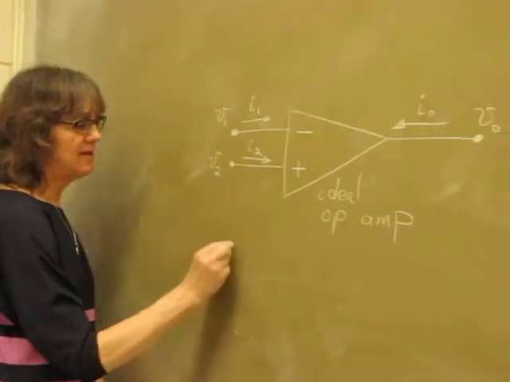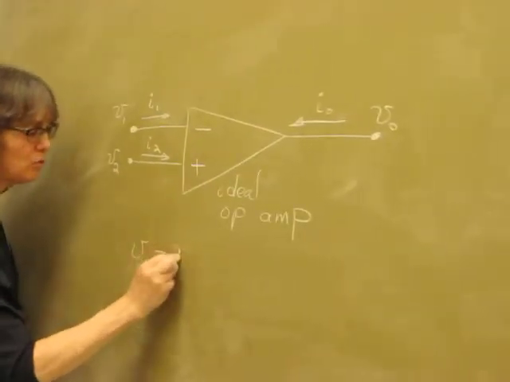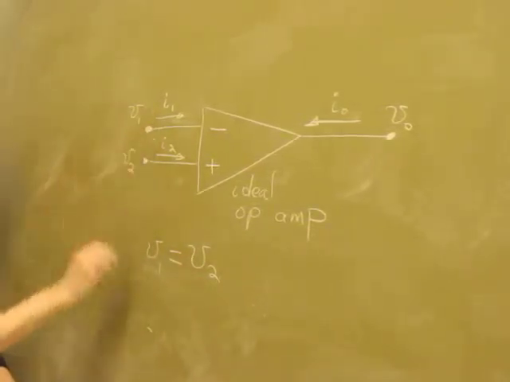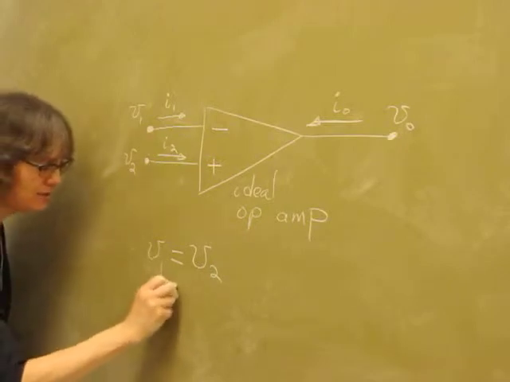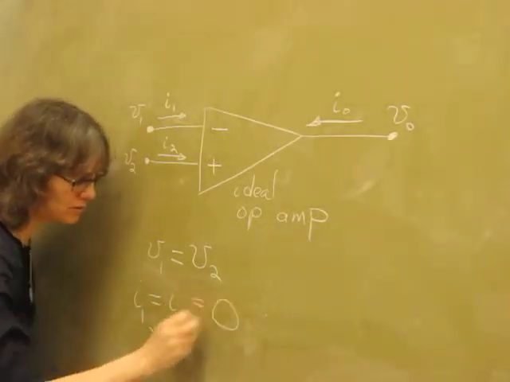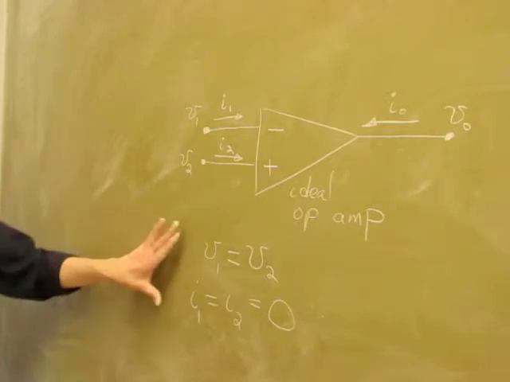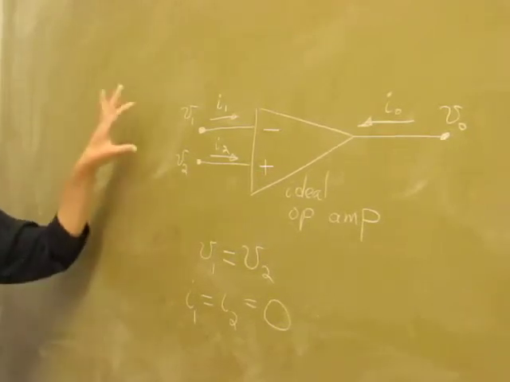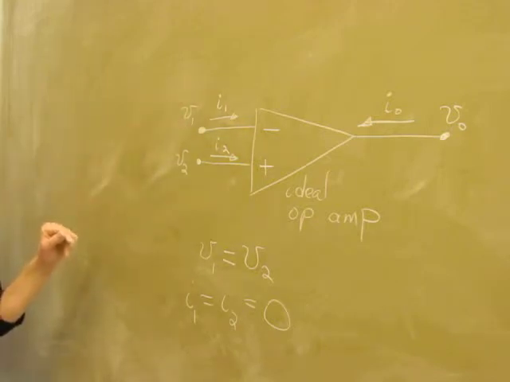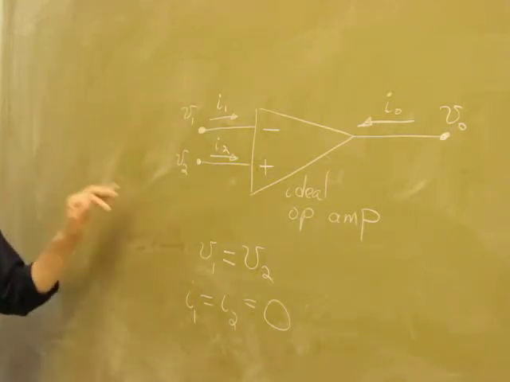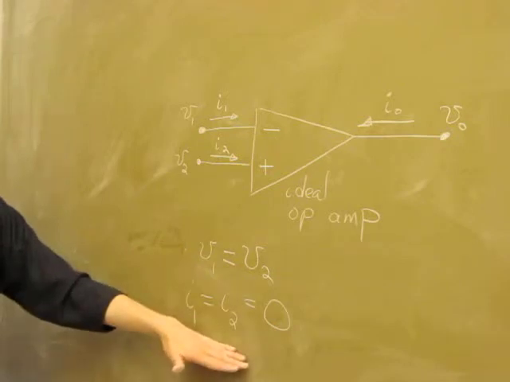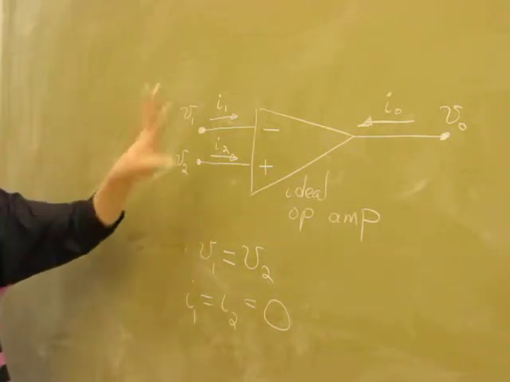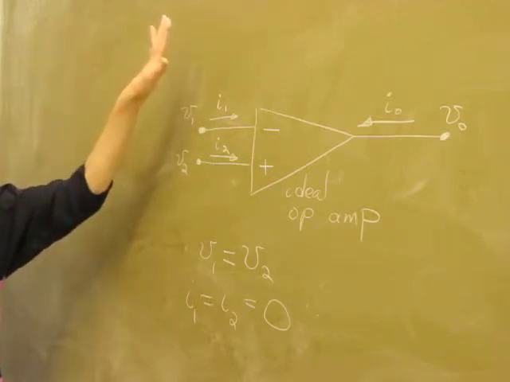is this. V1 is equal to V2. That's the first idea. And then I1 and I2 are both 0. So there you have a pretty good information about some of these voltages and currents around the op amp. So you use these ideas in solving your problems, and then you just go ahead and apply node voltage analysis,